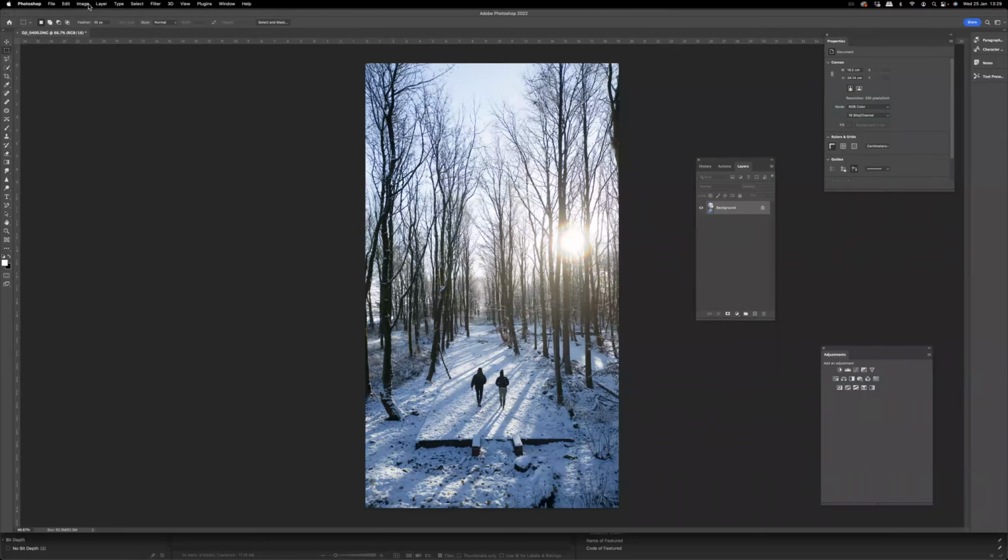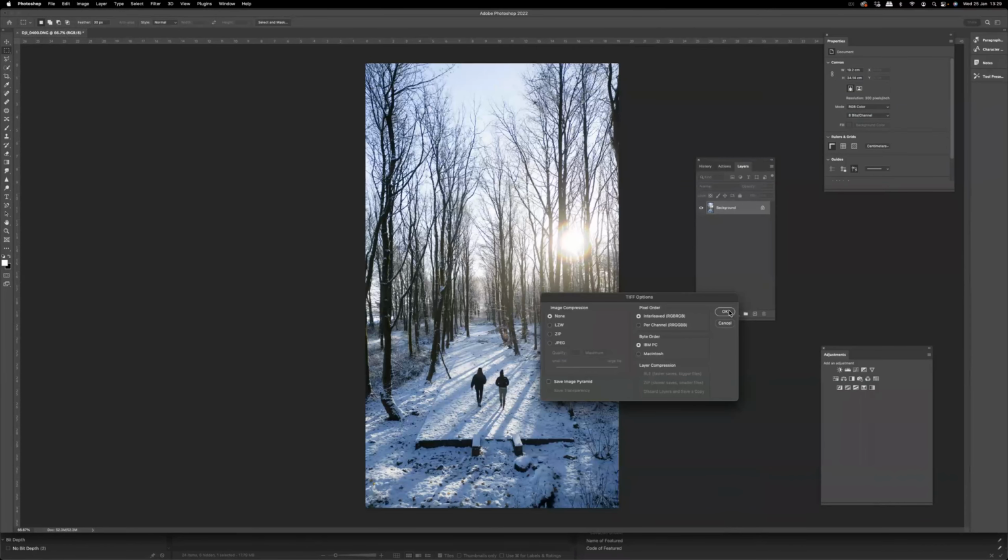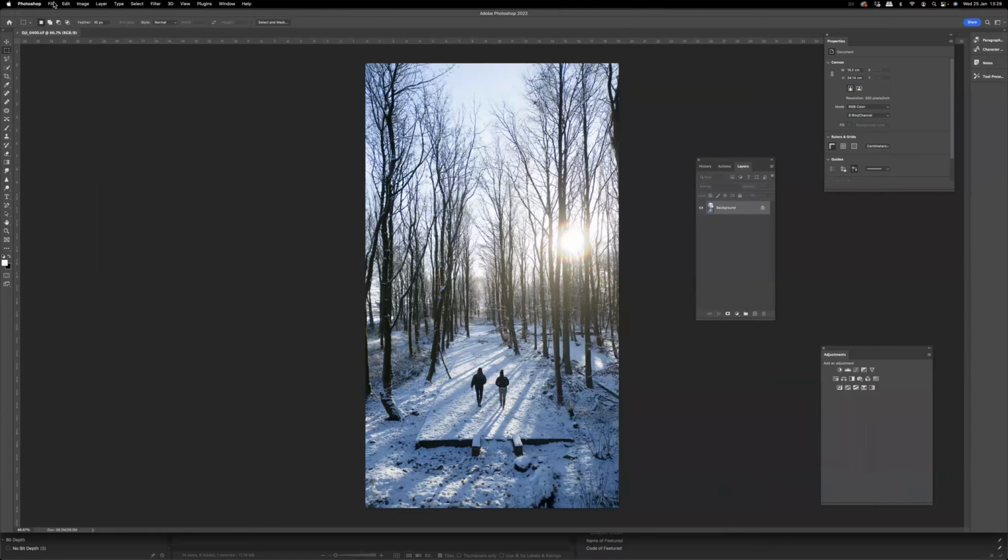Sorry, I'm going to change that to 8 bits. The archive, RGB 8-bit file, save as, and then save. And that's pretty well is